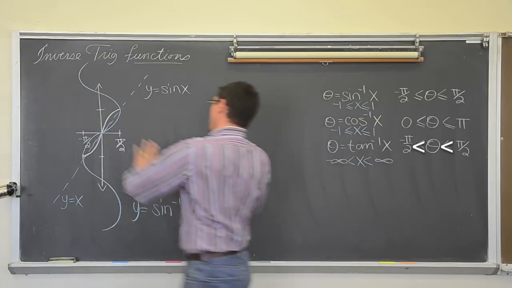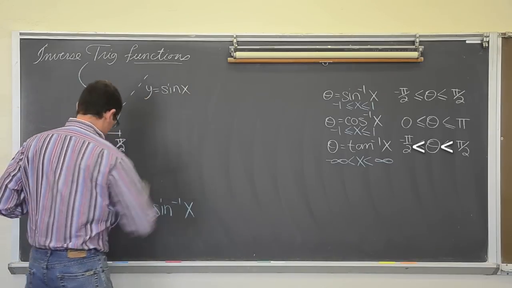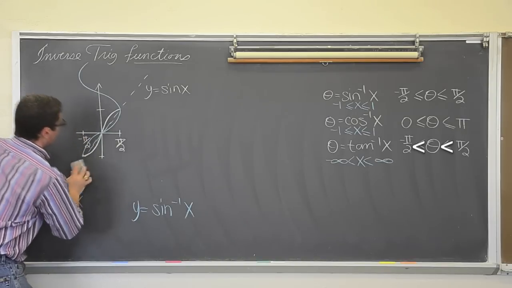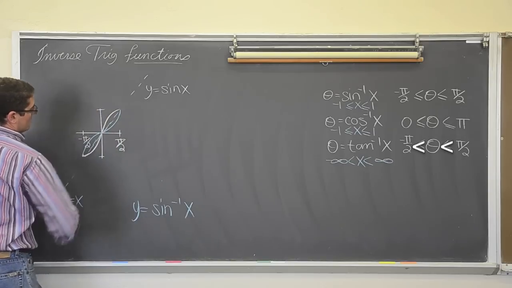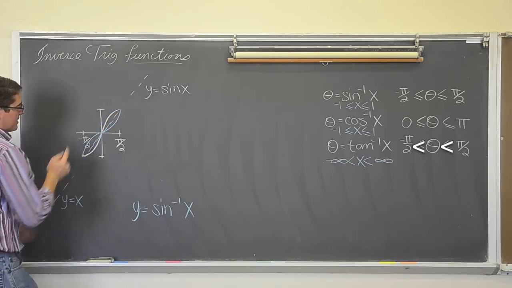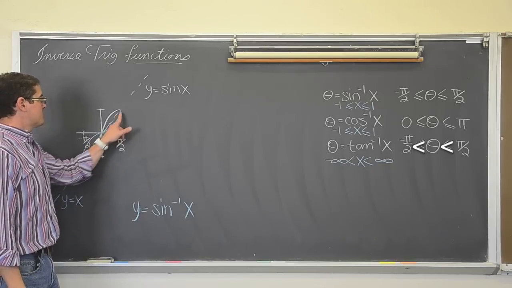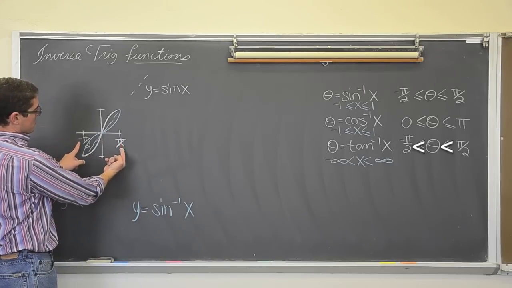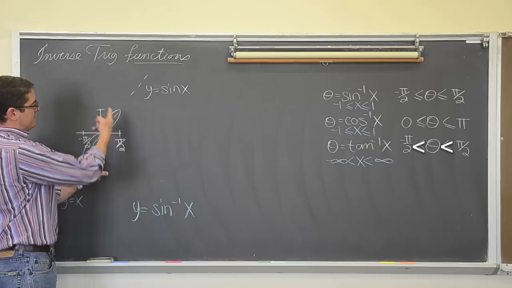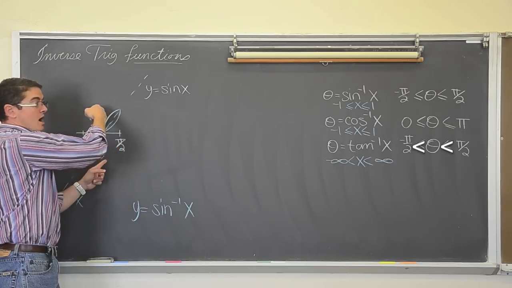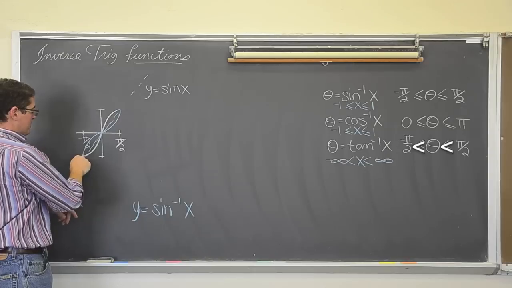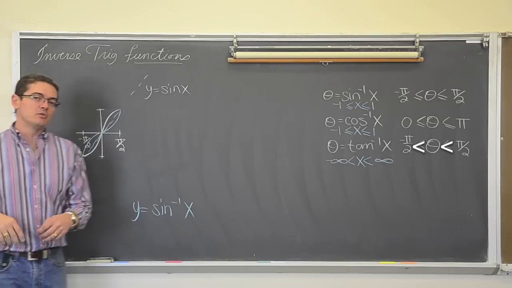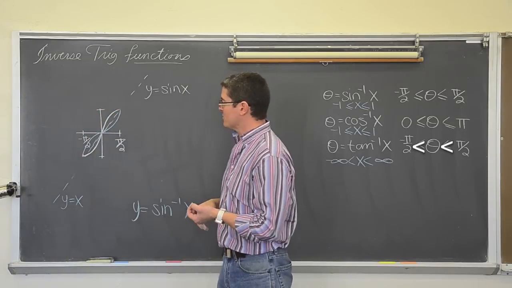And of course, if we erase all the original domain of y equals sine of x, then we have to lose all of this reflected graph. And what do we get? We get a little blue squiggle that goes from negative pi over 2 to positive pi over 2. Well, there you go. Now, these marks were on the x-axis originally. When we're talking about an inverse function, those x's become your y's. So the bottom of this blue graph as an inverse is negative pi over 2, and the largest answer you can get from the blue graph, the largest range value, is positive pi over 2.